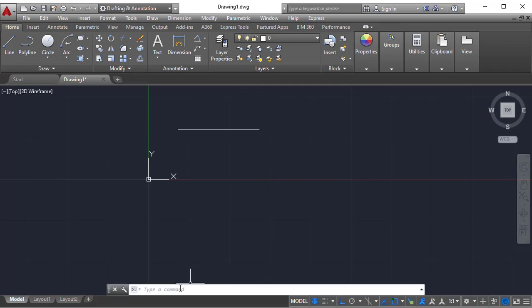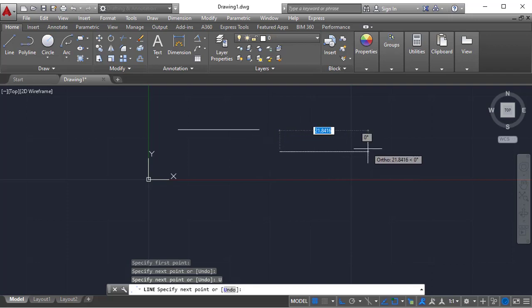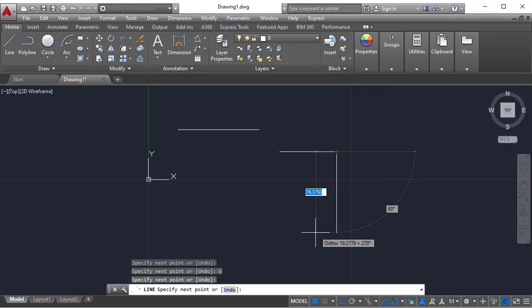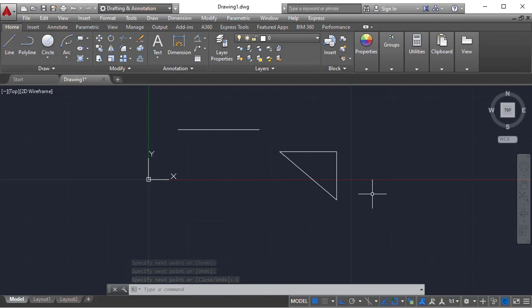Going into further detail, the line command first asks to specify the first point. After specifying the first point, it asks for the next point. After specifying the second point, there are no other options, it just shows undo. If you click undo, the point is cancelled and we need to specify one more point. After specifying the third point, it shows one more sub option, that is close. If you click close, it will automatically snap to the first point we specified earlier.